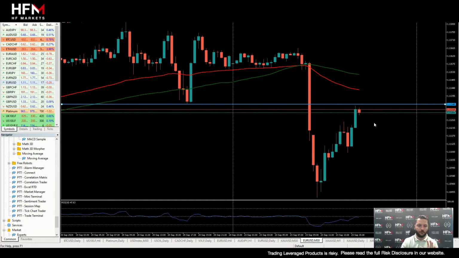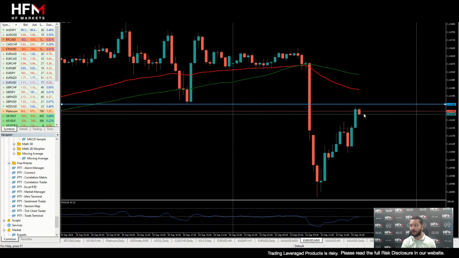Now, the only thing I will say, ladies and gentlemen, is if people want to speculate for whatever reason that the US dollar will continue to decline because, yes, we had the 50 basis point rate cut, here we can see the volatility over the past 4 hours has been against the US dollar.